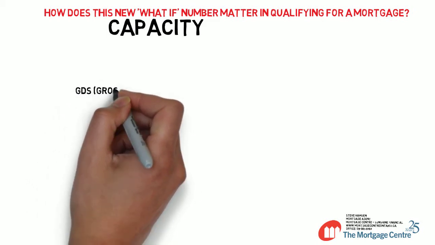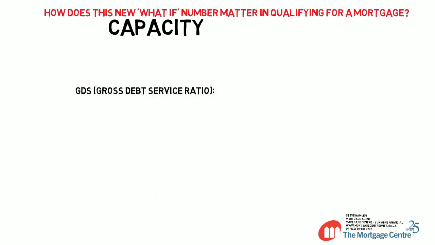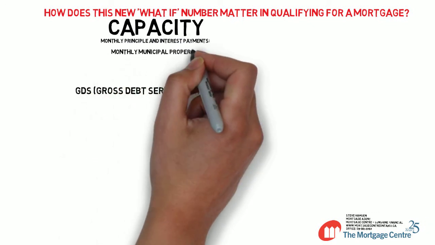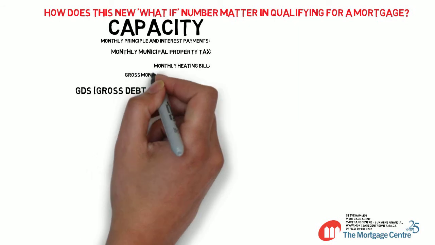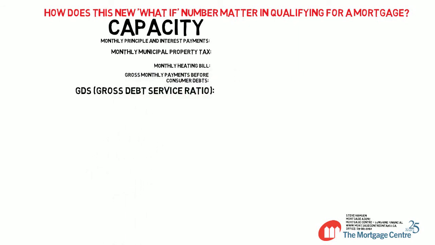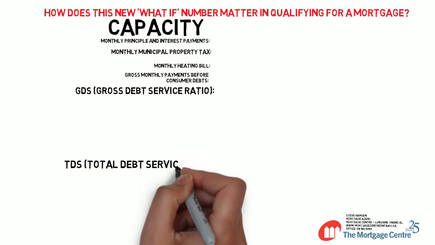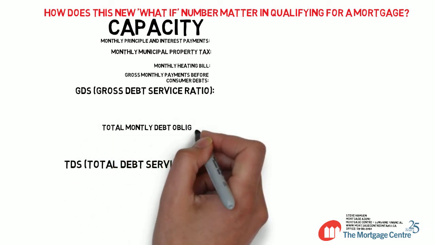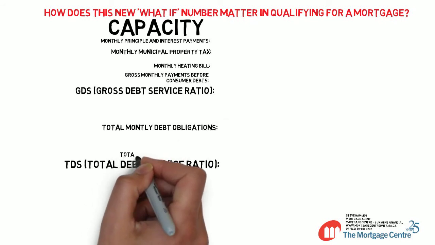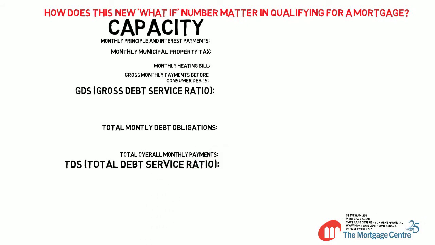The banks use a couple different key indicators. The first one is the gross debt service ratio, or the GDS. Part of that is looking at the monthly principal and interest payments, adding on the municipal property tax, adding on the heating bill to give us our total gross monthly payments before consumer debt. The second thing we look at is the total debt service ratio, or TDS. The TDS basically adds the gross monthly payments before consumer debts and adds those consumer debts. So you look at your Leon's card, your Visas, your MasterCards, your loans, your lines of credit, add that all up and add that to your gross monthly payments to get the total amount